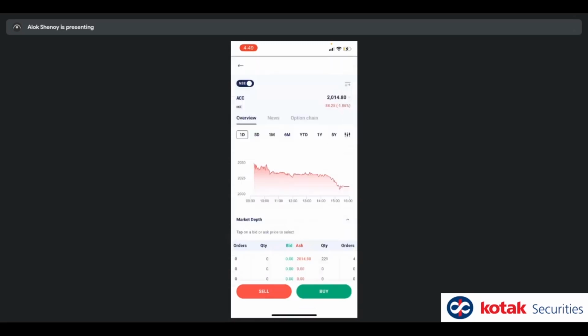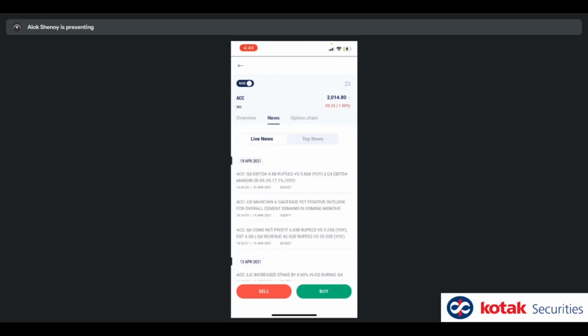Now, I'm going to spend a few more minutes on the bottom sheet because we didn't talk about news and option chain. That's an important feature. So news, we are offering two types of news. There's a live news and a top news. Live news are like bulletins which come in throughout the day. पूरे दिन में जो hot topics चल रहे होंगे market में, उसके बारे में आपको news आते रहेगा. Today we're not doing notifications around this, but soon we'll do that as well.